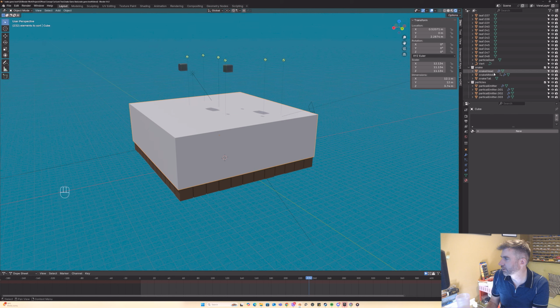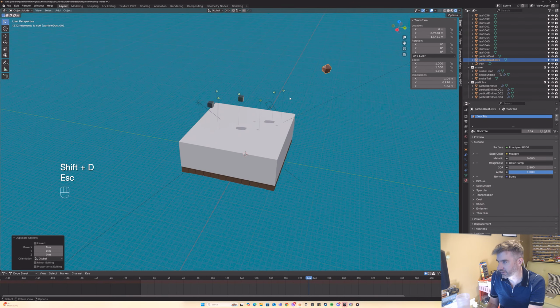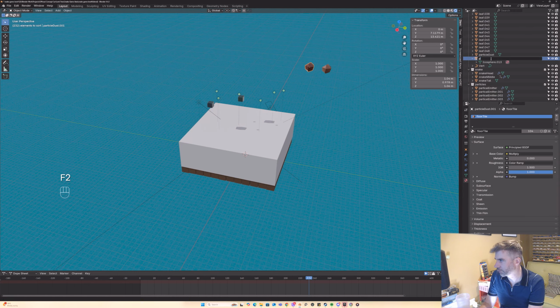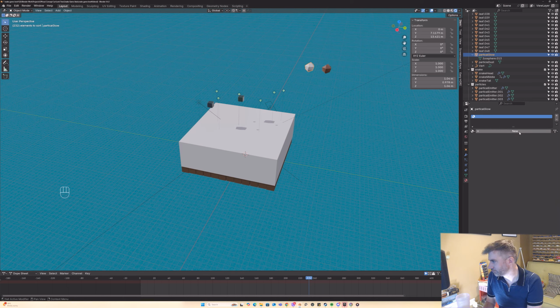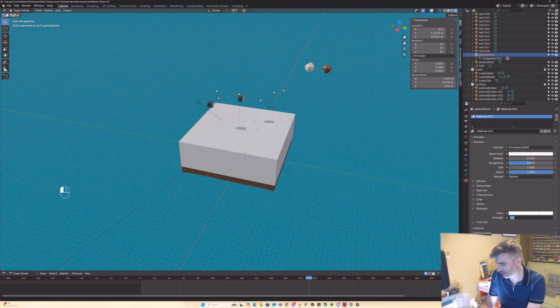Okay, and we're going to take our particle that we have up here. I'm going to duplicate it, and we're going to call this particle. Never mind. So we're going to delete that material. We're going to hit new, and then we're going to make a base color, which is an emission. So let's set the strength to 10, and let's set the color to a soft